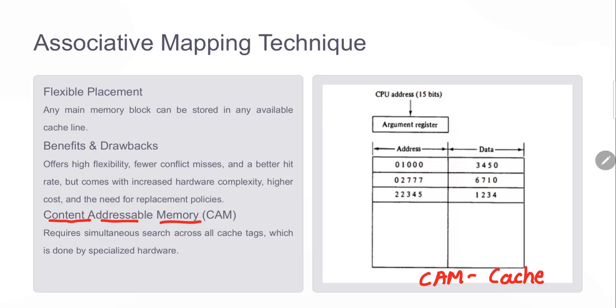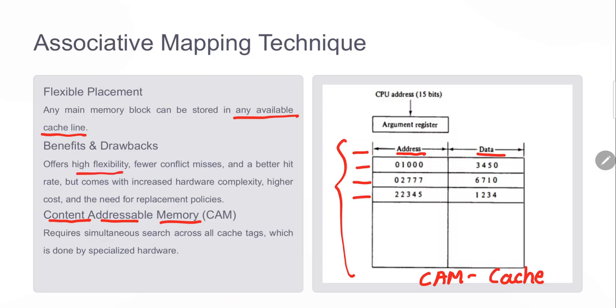So when we use CAM as a cache, that means here we have stored the address and the data both as a part of our memory, right? I have not mentioned the addresses, but anywhere in the memory I can store the data. There is no restriction. Previously we were storing the data at the address, and we divided the address into two parts, tag and index. That index is the same address where we store the data. But here we can store it in any available cache line, anywhere.